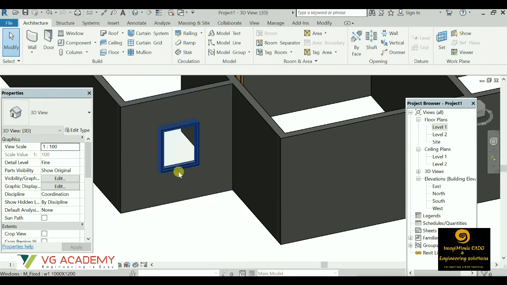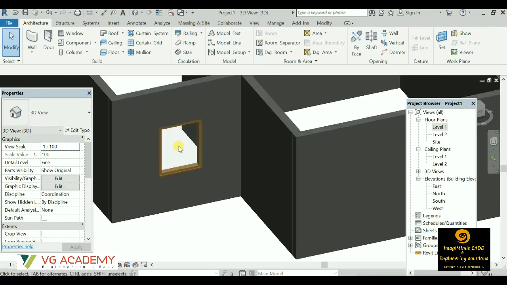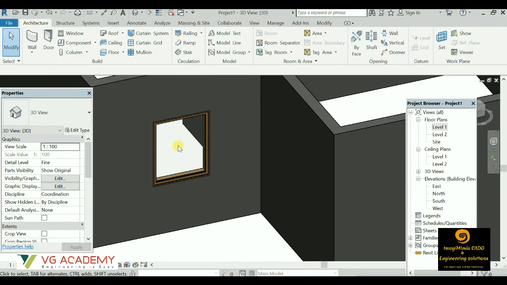So if this is 900 and this is 1200, then it becomes 2100. So you have to do the divisions accordingly. Suppose you are changing this sill height, then you have to change the height of this window as well. So this can also be 750 the sill, and this can be 1350, the height of the window.